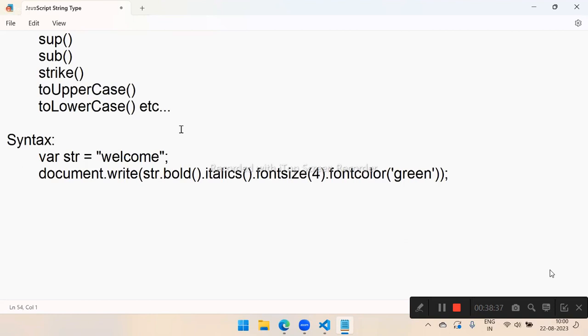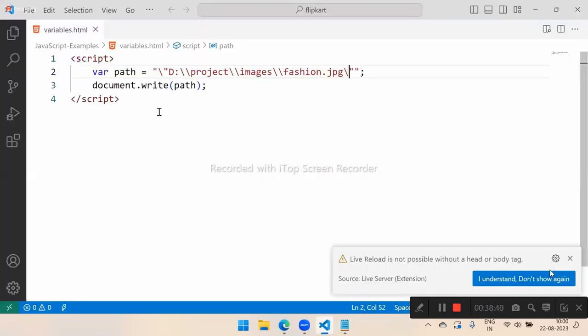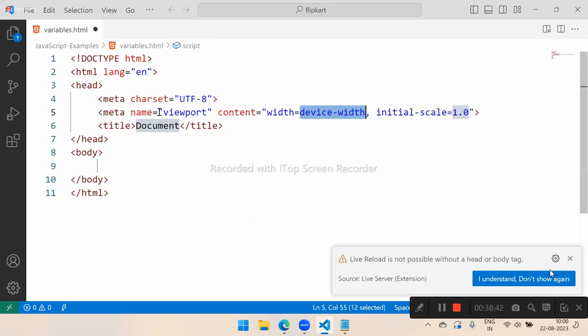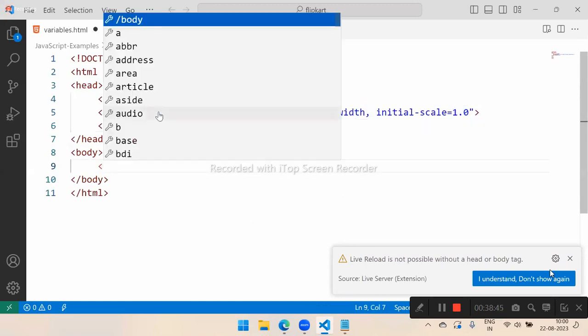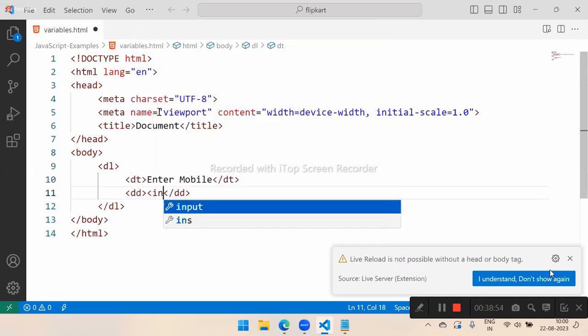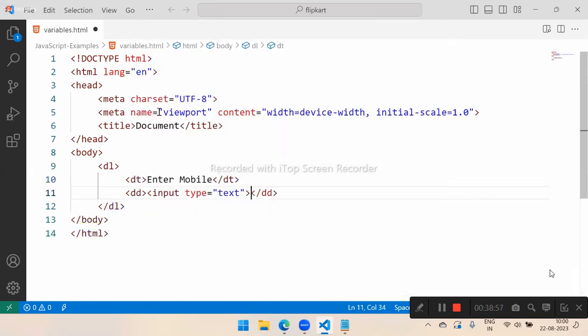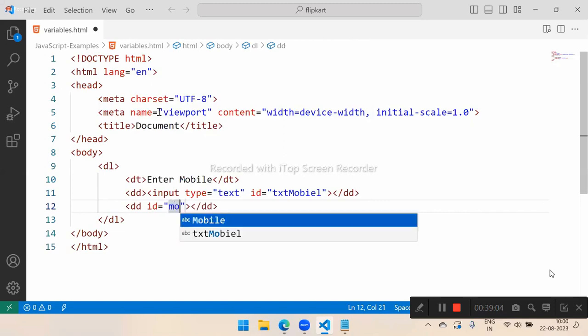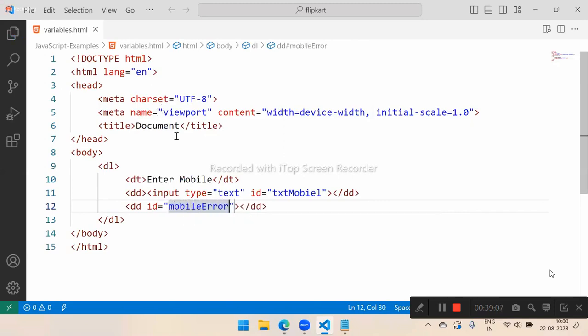But first, string formatting methods means, see, suppose you are writing here some simple option: data list, data term, enter mobile, and data definition input type is equal to text, id as txt mobile, and below, the data definition id as mobile error. Okay. Now what I want to do is, when user finished typing mobile number,